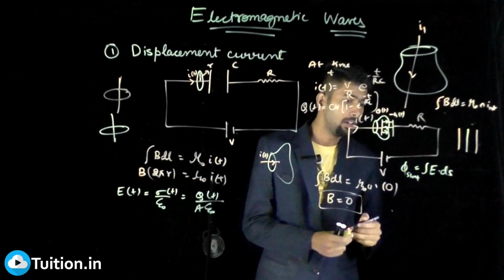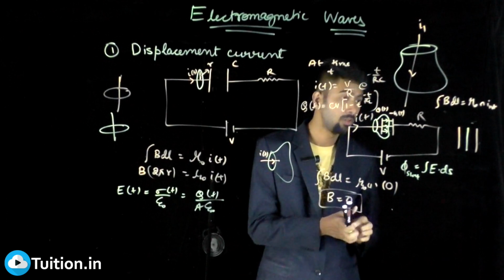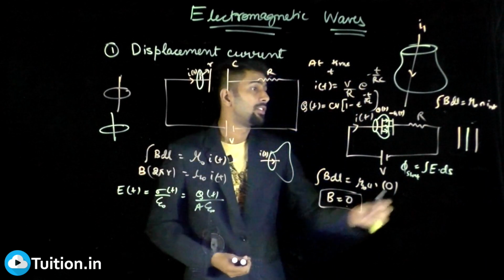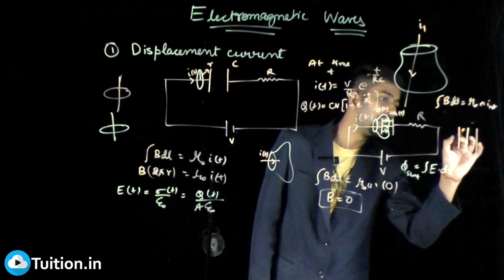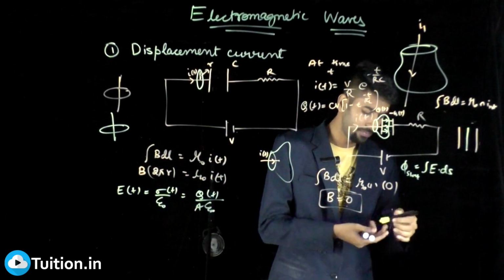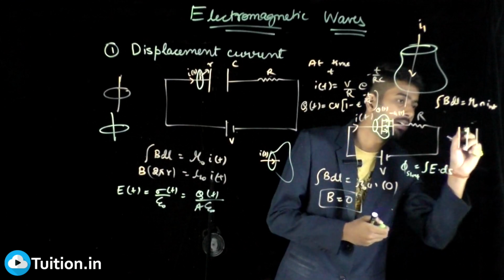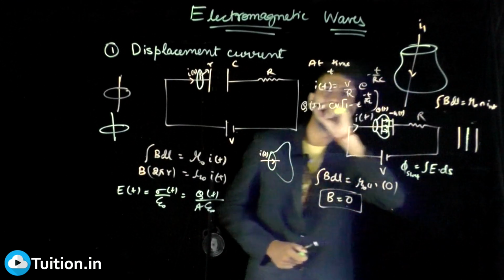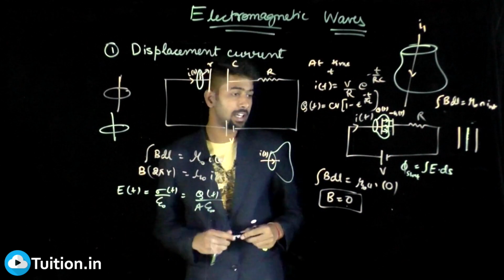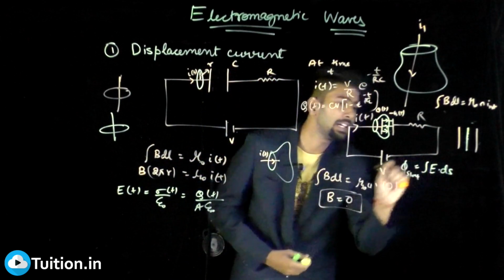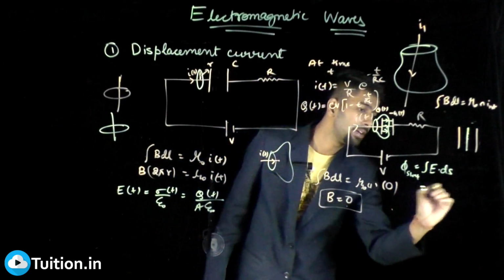The value of the electric field does not change with length here because the thickness is very small compared to the length of the plates, and also it's so uniform that at each of the points in the area that we have taken, every point will have the same electric field value. So in fact I can take it out of the integral and say that this will be equal to